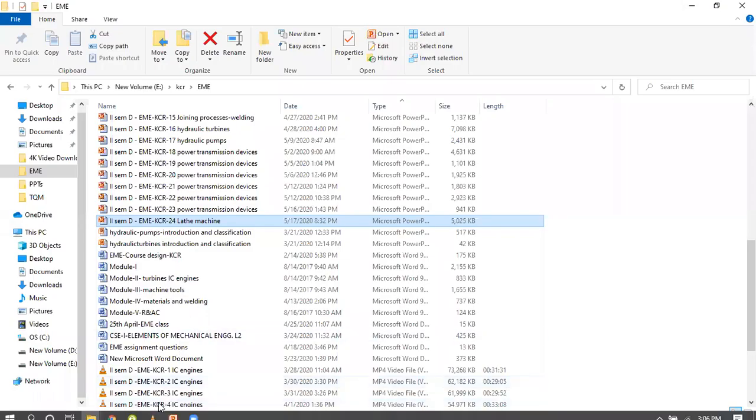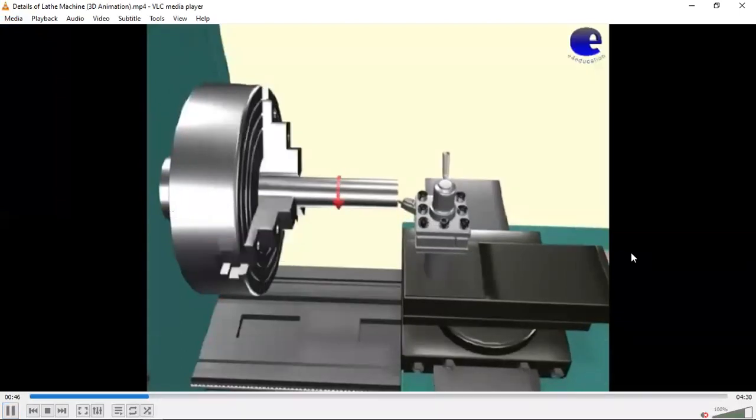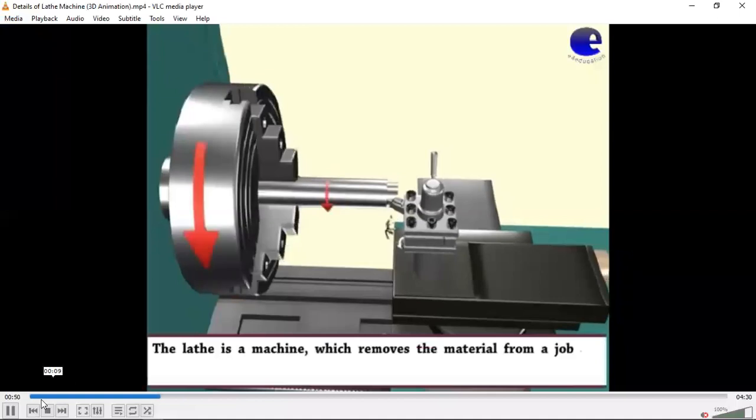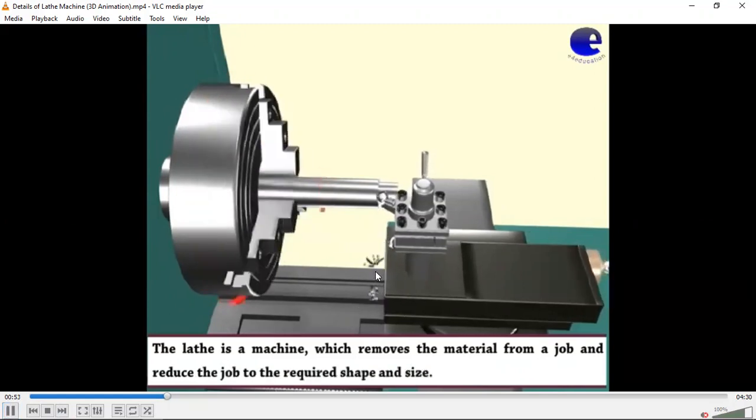one video. So this is a lathe machine. See, the workpiece is rotating here. This is the job rotation, we can call it. And here is the cutting tool, which is fed against this rotation of the workpiece. And the material is removed. See here, the form of chips. In the form of chips, that is called chips. See, these are called chips which are falling like this.